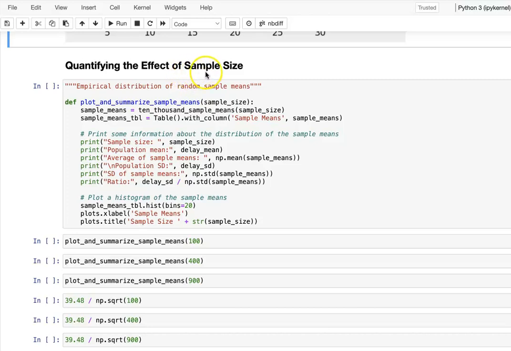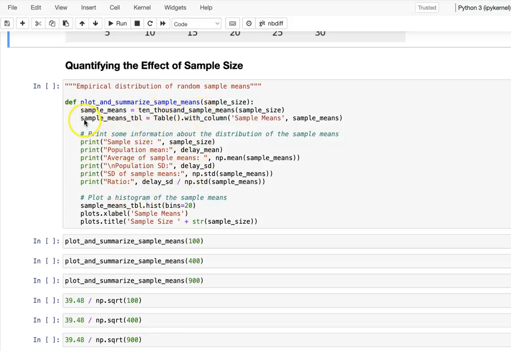That means the sample size will affect the width of the interval. So here we write another function. In this function, we still want to specify the sample size. But besides plotting and summarizing the sample mean, we also get a little bit more